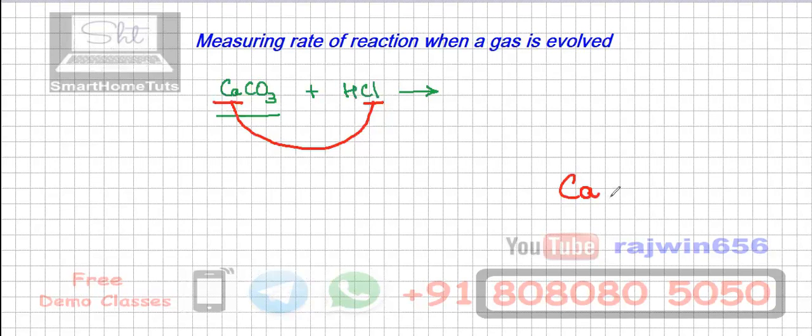Calcium is there. If you look into the periodic table, it is in group 2, so its valency or oxidation number is 2+. Chlorine, Cl, is there. Calcium is in period 4. And chlorine, if you are considering, it is in group 7, whose valency or oxidation number is 1- or simply 1.